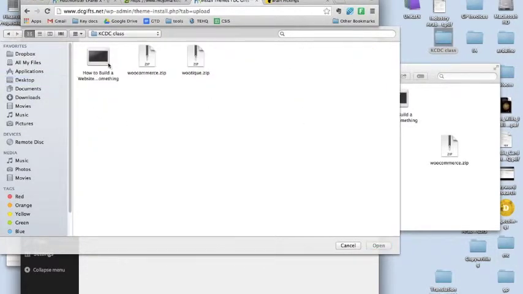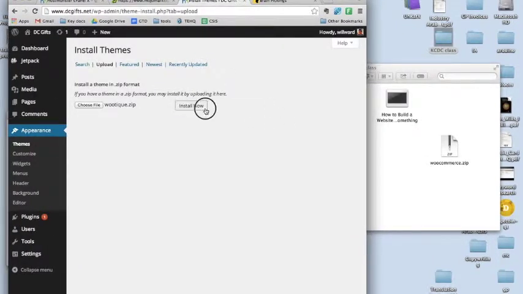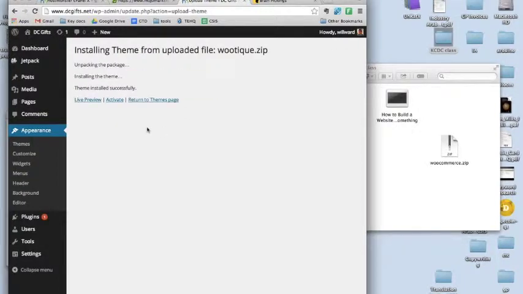Yeah, Wootique. That's the name of the theme, and just click Install Now. And unpacking, installing, theme installed successfully. So now if you were to click Activate,